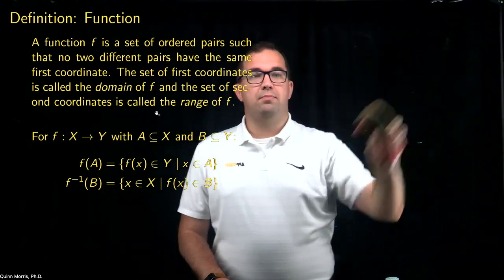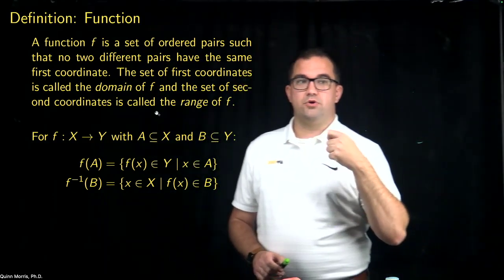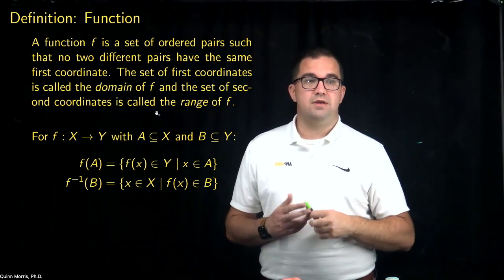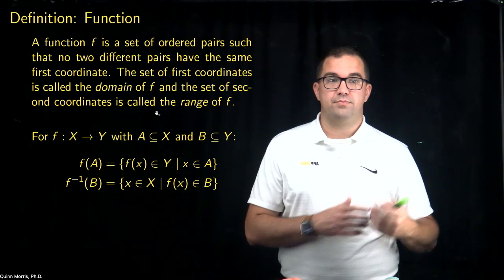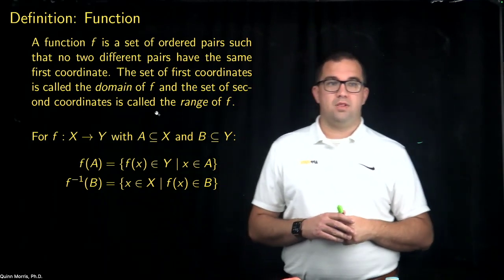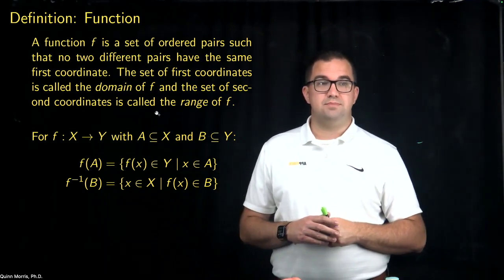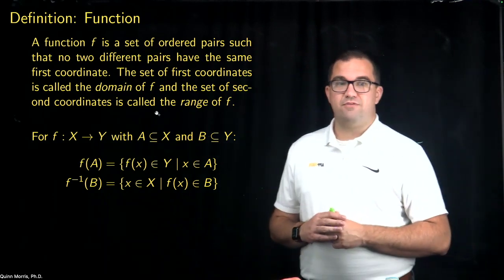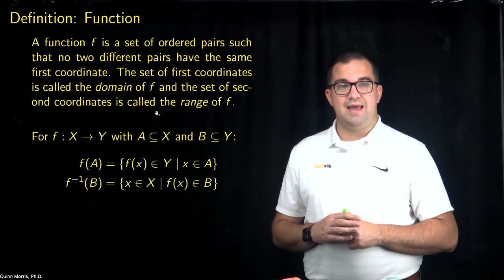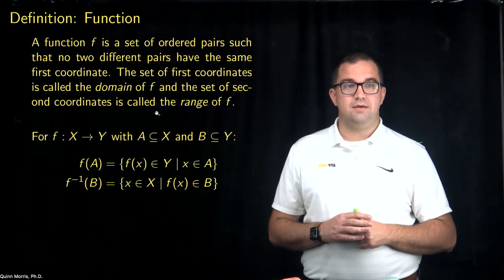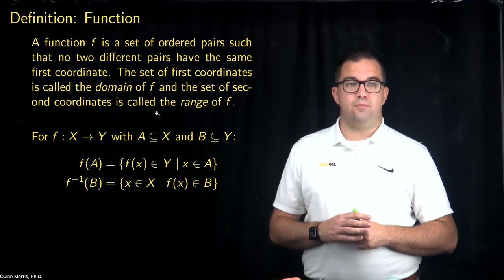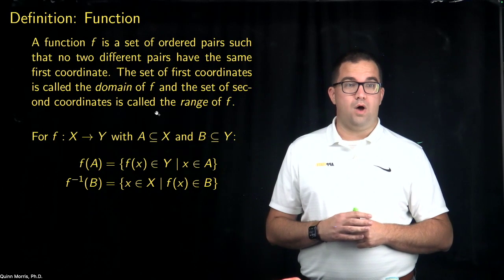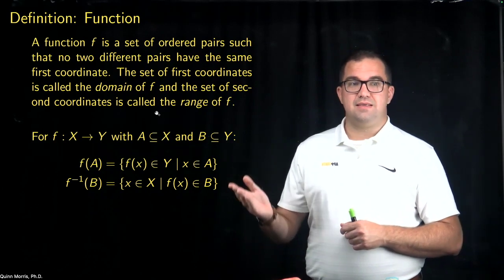Now, we can certainly apply functions to particular numbers, right? So back to my example, f of x is equal to x squared, then f of 2 is 4. But we may also want to apply functions to subsets of their domain, right? So if we have a function f which maps from some set X to some set Y, and A is a subset of the domain and B is a subset of the codomain Y, then we can define these two